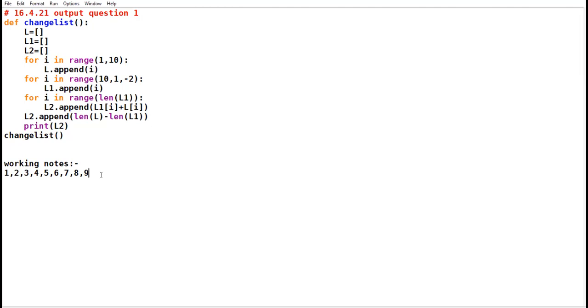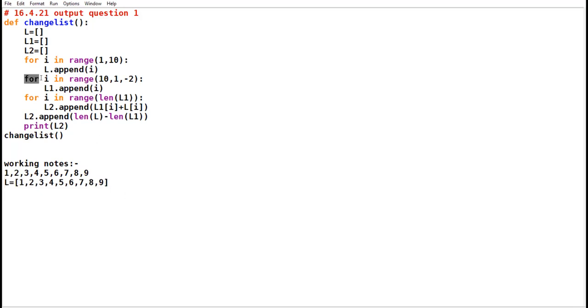So initially the L list is having these elements. Right? This is the L list.